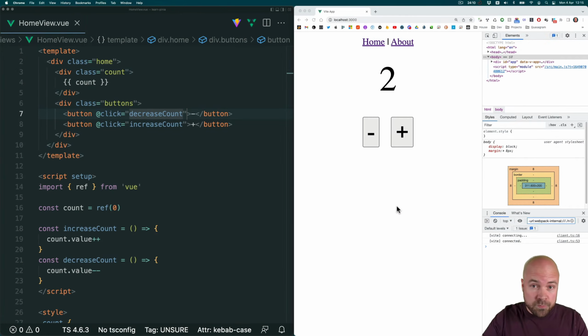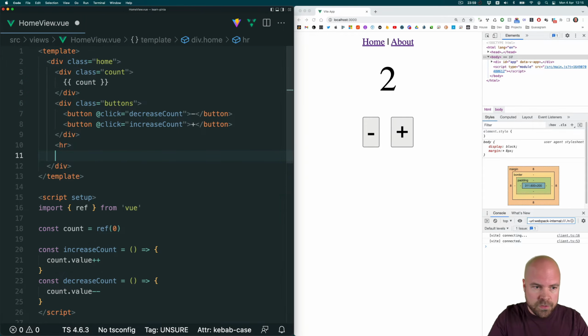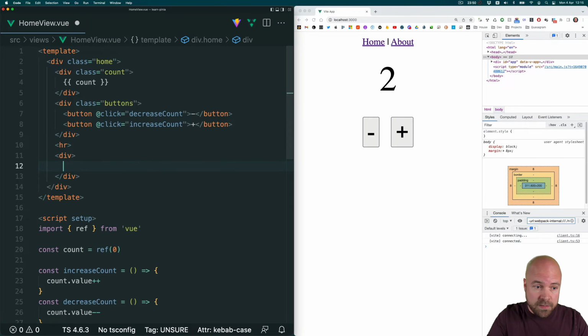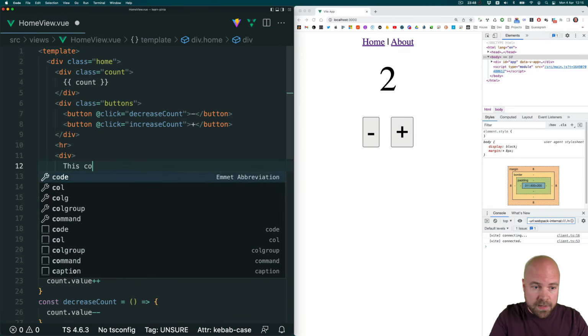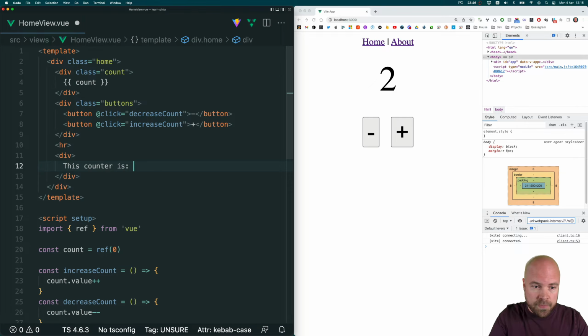Let's use a computed property to display whether our number is odd or even. Let's add the markup for that first. So after this div with a class of buttons, I'm going to add an HR just to add a line across the page. And then I'll add another div, and inside that I'll put the text, "this counter is", and for now I'll just put